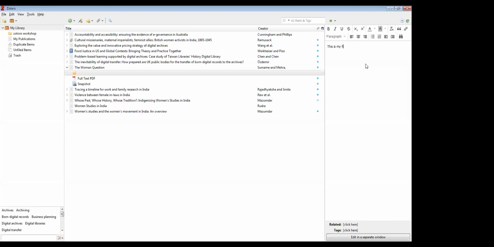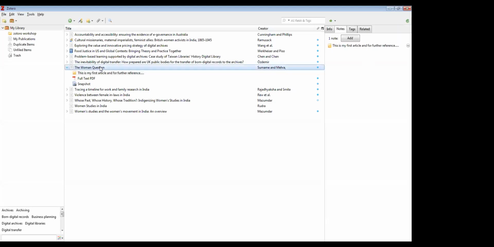This is my first article, and for further reference, anything you can add to it. Whatever notes you want to add will be stored in Zotero. Then you can refer to these notes, and you can add any number of notes. If you want to add a second note, click on add, and it will create a second note.